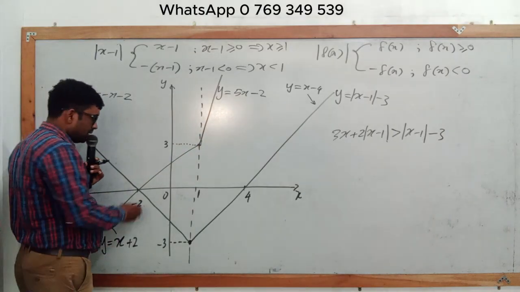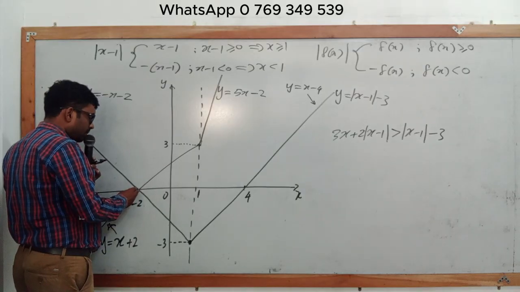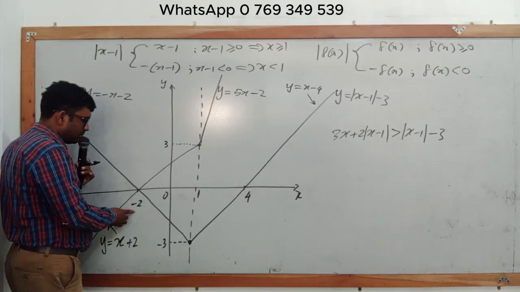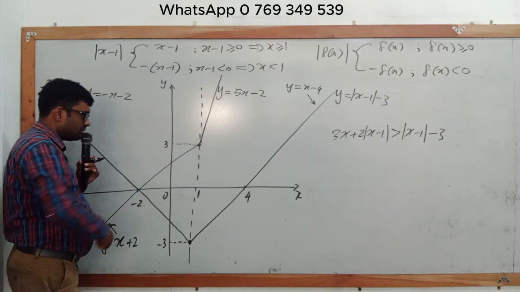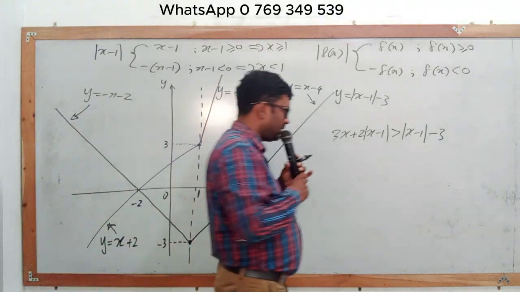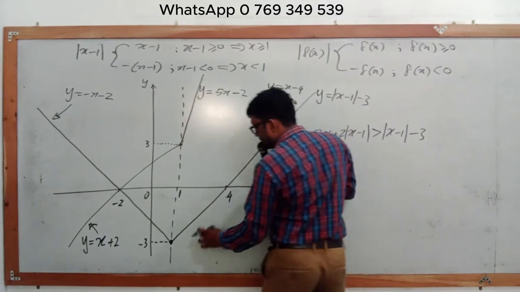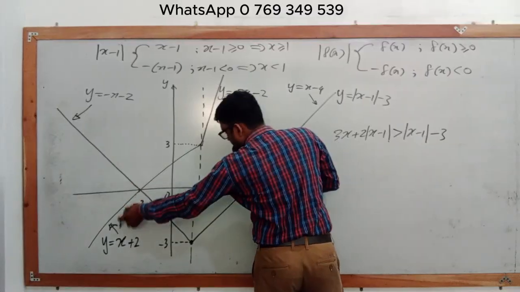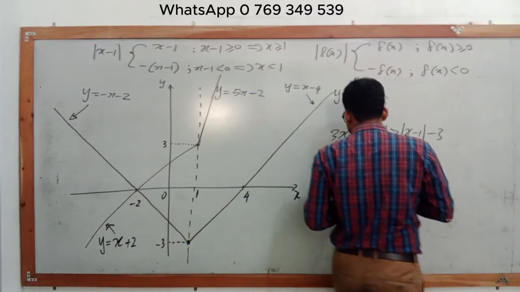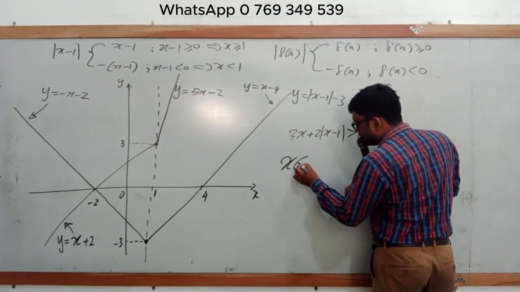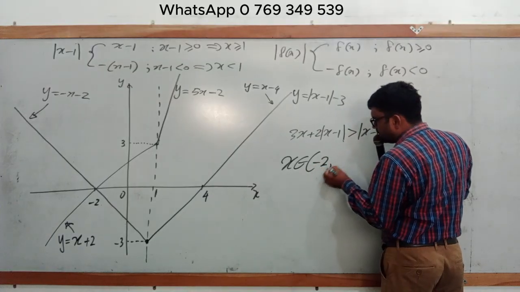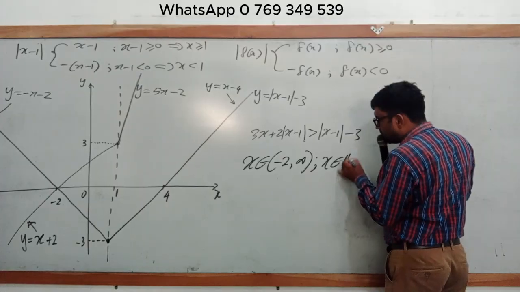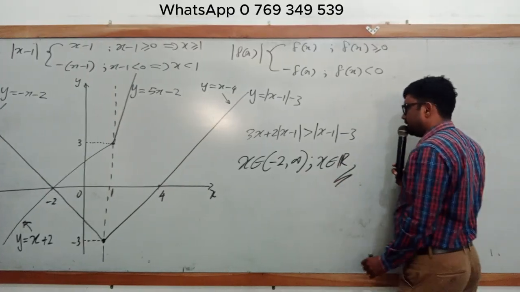That inequality matches up to here. No? This one to here, this one to infinity. Here minus infinity, that is satisfied, right? Because of that, this graph is downside, this one is upside, right? Here the changing point is this one. Then x belongs to minus infinity to infinity, x belongs to R. That is the answer. Finish.